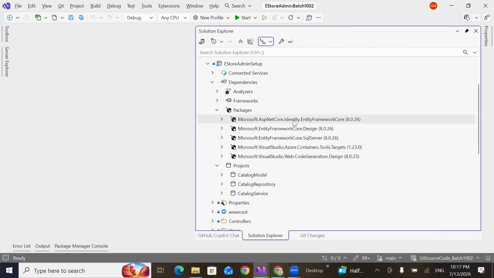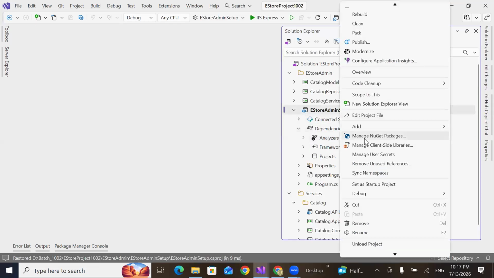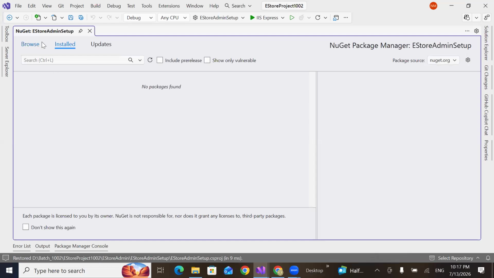Let's say first take one by one. We'll do the package installation. So what is the thing you need? You need a design SQL server. Go here, right click, NuGet package, browse,